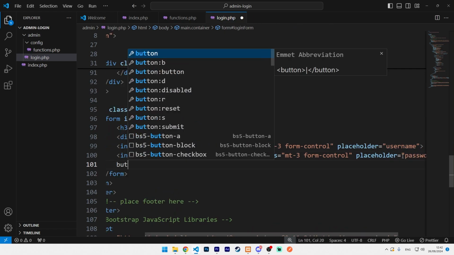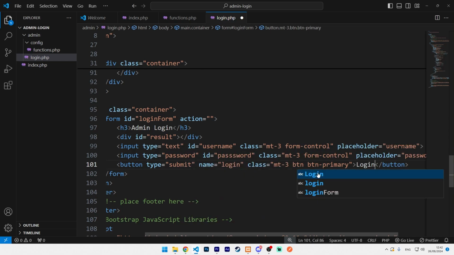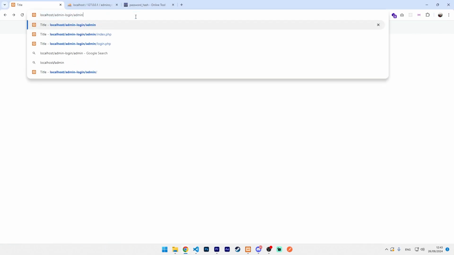Alright, and the last one is a button, type submit, name login and class mt3, and I'm gonna use the Bootstrap class to style this button. So we're gonna use btn dash primary and just type the text in the button as login. Okay, so let's hit save and let's go to